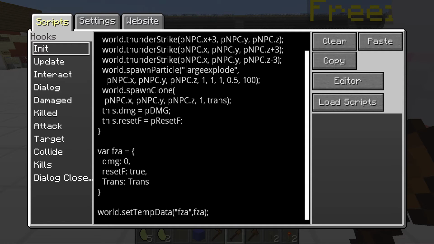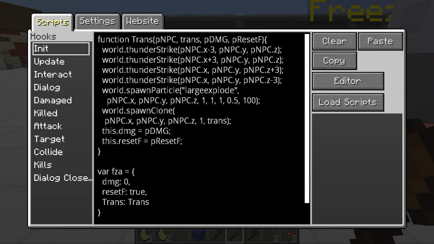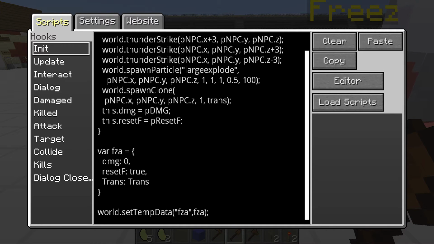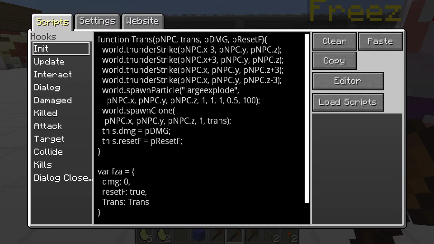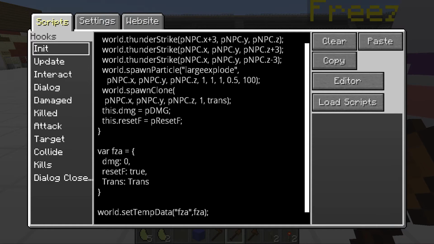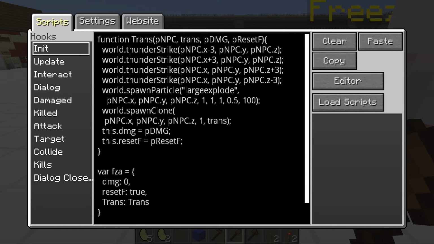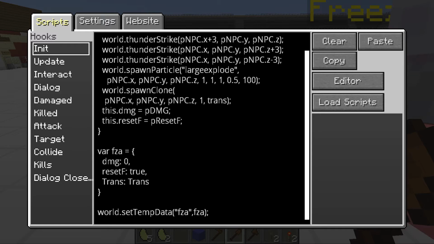Now, if I wanted to, I could establish the function here as opposed to putting trans, but I like to separate them because it makes it a lot easier to read. Memory-wise, it would probably be better to set it here, but, you know, whatever. It's easier to read, and we want readability over functionality at the moment. Overall, you do want better functionality, but it's the argument of what is better in what situation. So yeah, we have the Frieza object, a couple parameters with the function that is trans here,